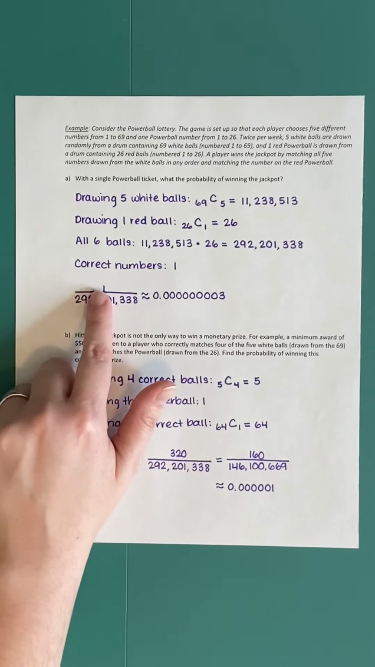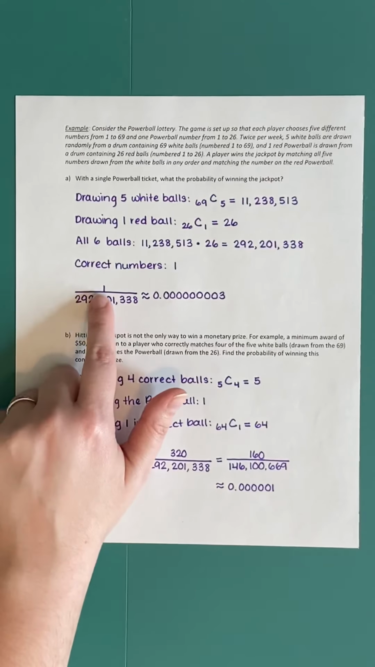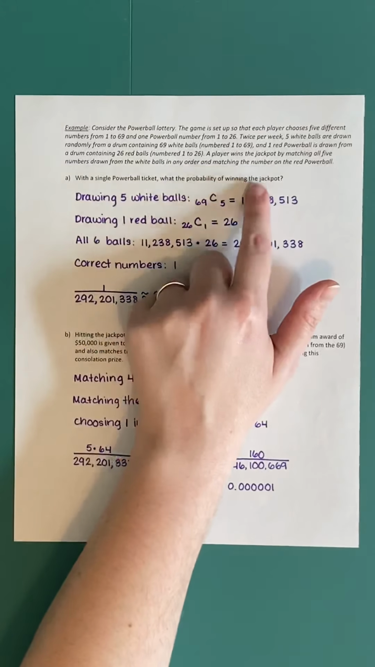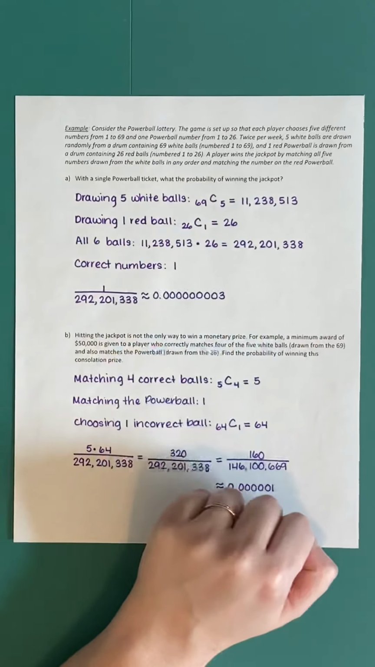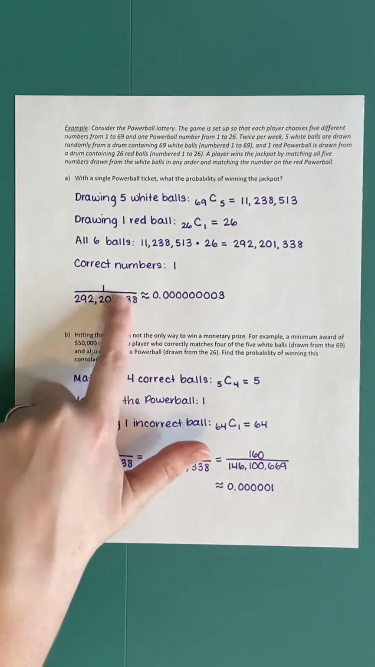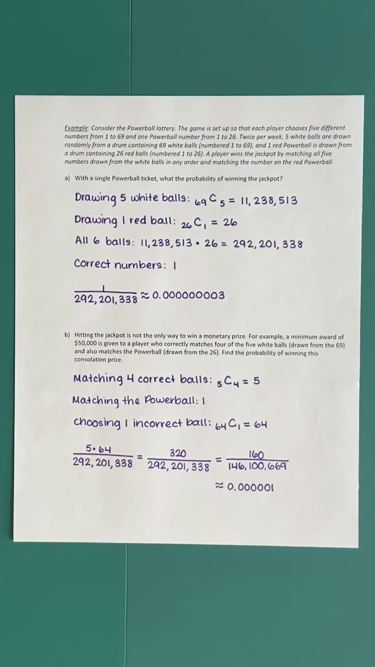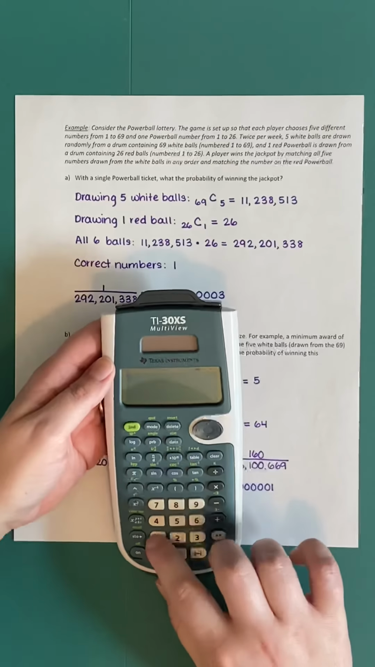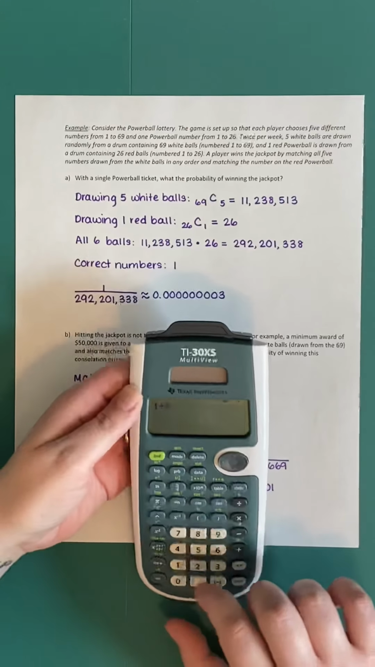So the numerator for our probability is going to be 1. There's only one outcome that represents you winning the jackpot. There's only one way to win the jackpot out of the 292 million possible ways that you can fill out a ticket and that the numbers can be drawn. So that's going to be our probability. Now I want to show you what this looks like in a calculator. So we have 1 divided by